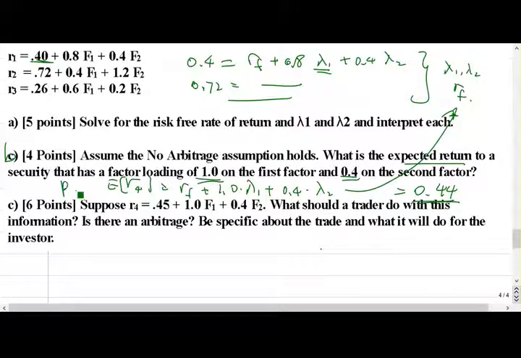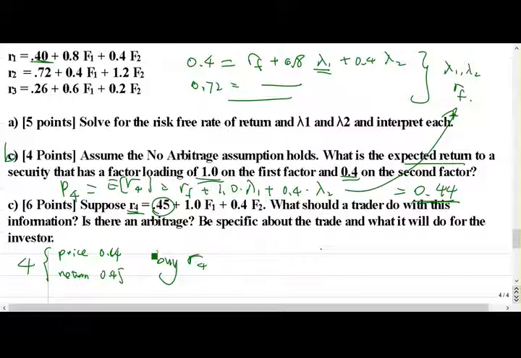So price, according to APT, price is always equal to expected return. If it's not, then we can somehow arbitrage this. So we always want to price at its expected return. So that will be the price of this thing. The actual return is that. So what it means is for stock or portfolio 4, the price is 0.44 and the return is 0.45. So of course you're going to buy this because it's cheap. You get a return of this, you pay a lower thing. So you want to buy,